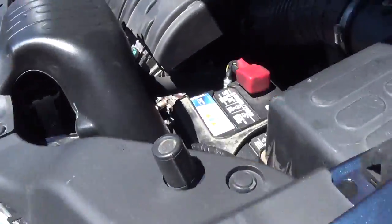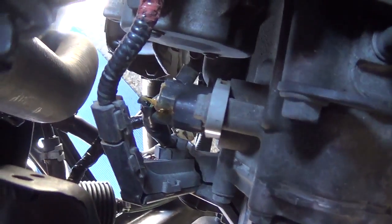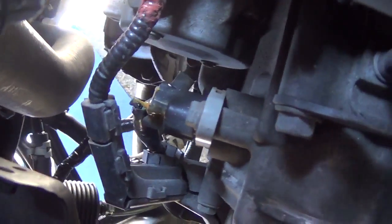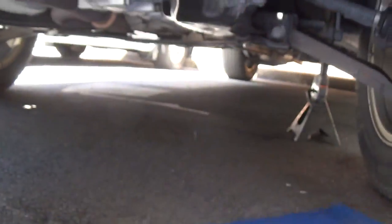So in this case, since we have so many codes, it's worthwhile to do a visual inspection in the damaged area, because, you know, put 2 and 2 together, that's where our problem is. So let's go under the hood here and see what all we can find. For example, this top sensor is the input main shaft speed sensor, and you can see there's this yellow goop over the wire, so apparently that was damaged. If we come under the truck down here,